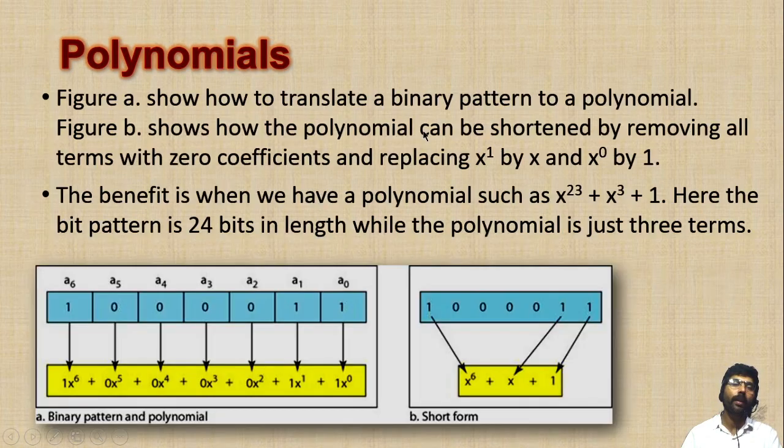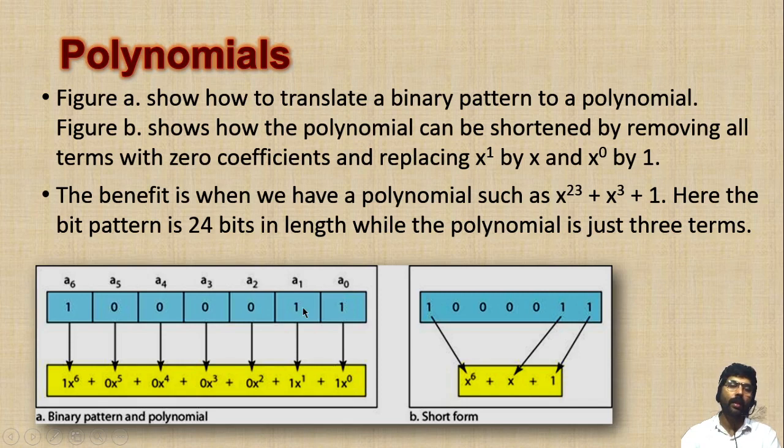Now I will explain that one with some diagram here. Now these are the bits. Now I want to convert that pattern of bits into a polynomial. Wherever the 1 is there, for example, start from here. This is the first bit of the pattern. Now I can convert 1 into x raised to 0. Here 1 represents the bit value and here 0 represents its position. This bit is actually in the first position, so I make it x raised to 0.